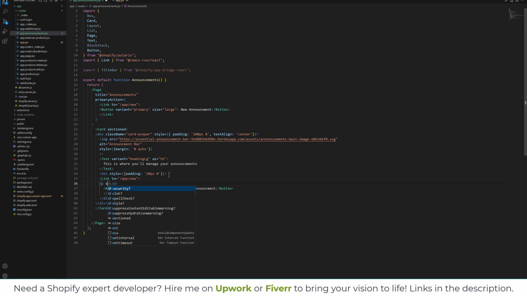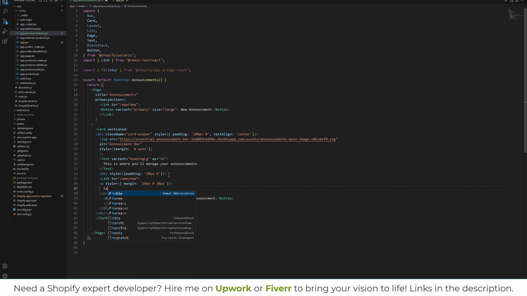and style, and this time we will give margin 10 pixel top, 0, and 20 pixel from bottom, and we will type here: start by creating your first announcement and publishing it to your store. Okay,